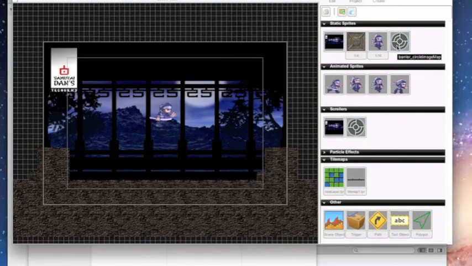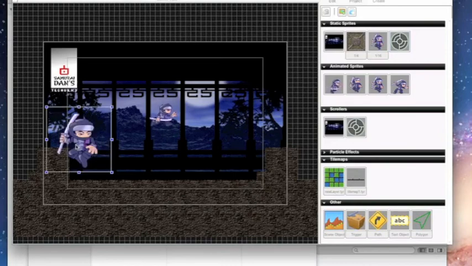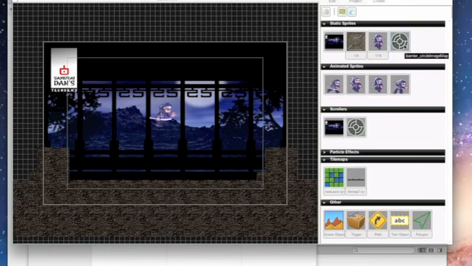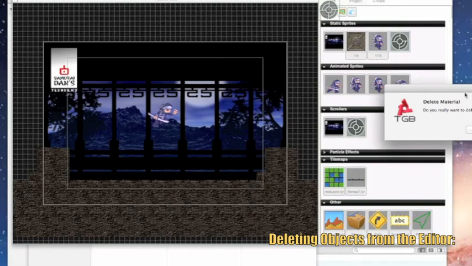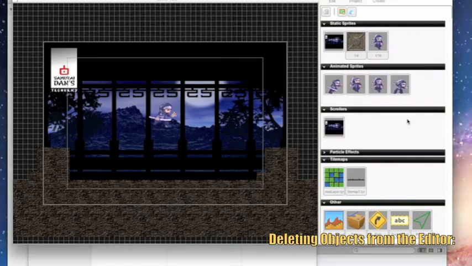And I've already added the image for the button, which also comes from the feature demo. It's called barrier circle image. So let's go ahead and drag one of those on the screen. Oops, wrong guy. In fact, let me show you how to delete an object, and I'll add it back in real quick. You mouse down on the object, grab it, and then drop it in the trash. You'll get a little message asking if you were sure you wanted to delete the material, and just say